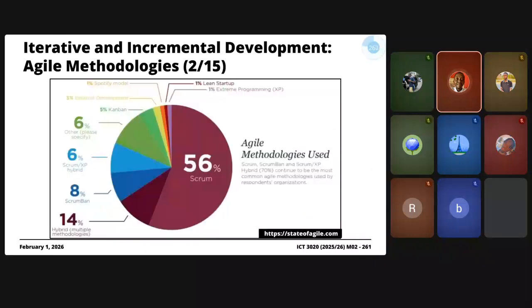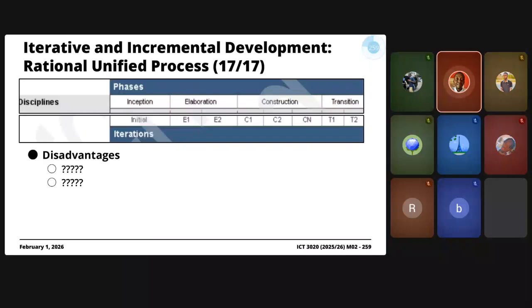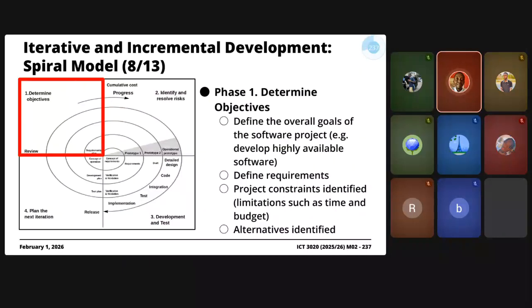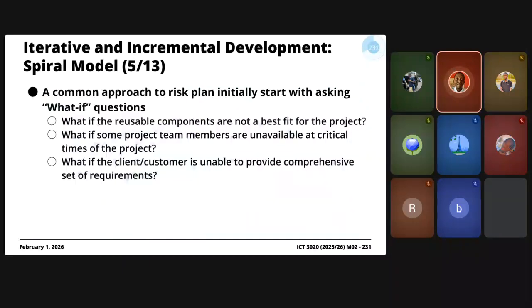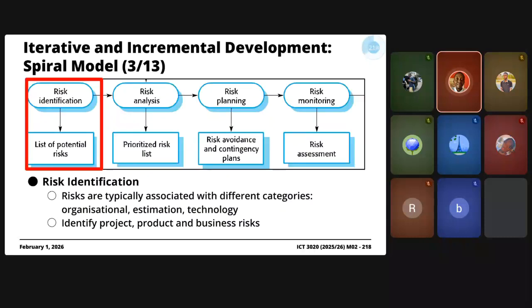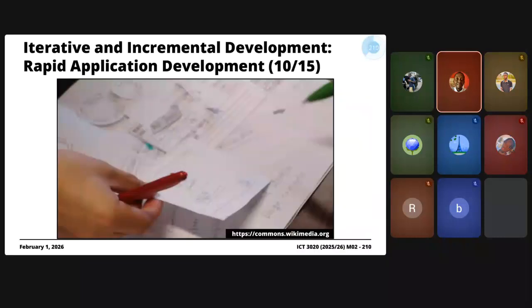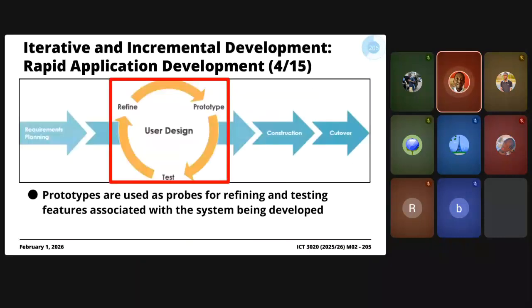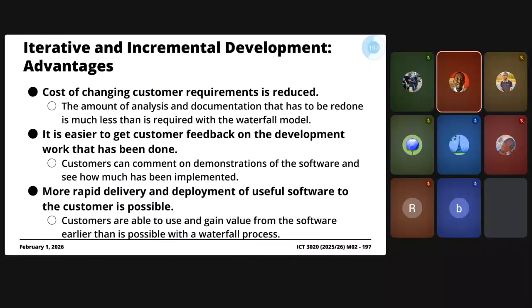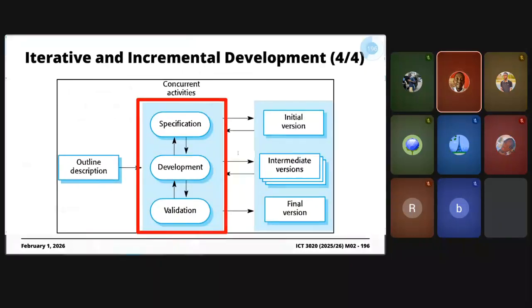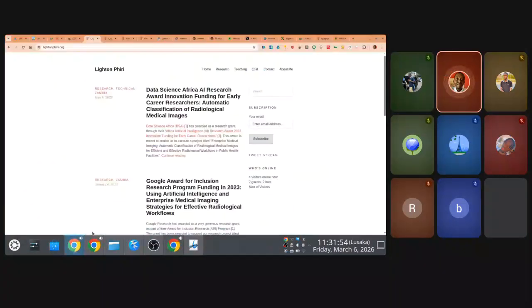I'm going to pause here and try and find out if there are questions. I'm transitioning to a different class. I don't know if people have any specific questions about iterative and incremental software process models, their advantages and disadvantages. Okay, if there are no questions,